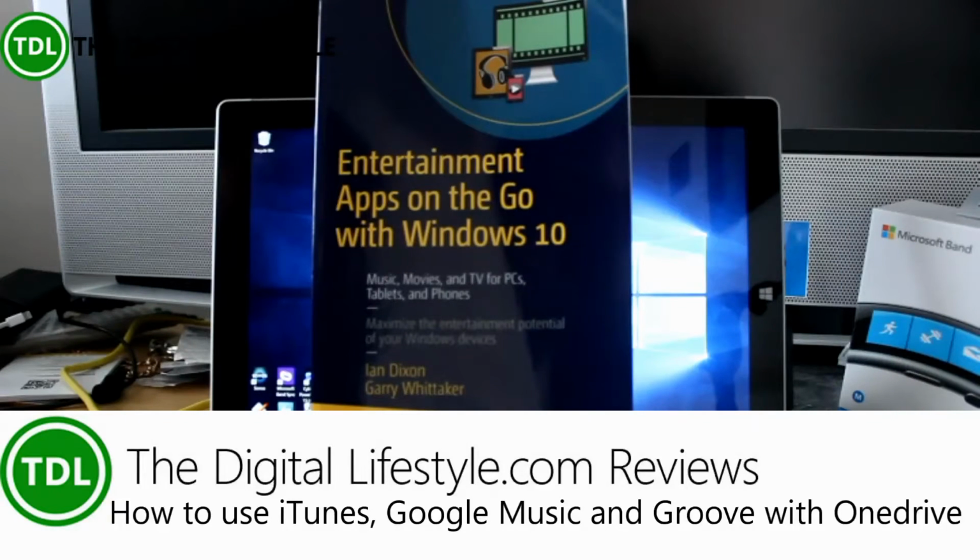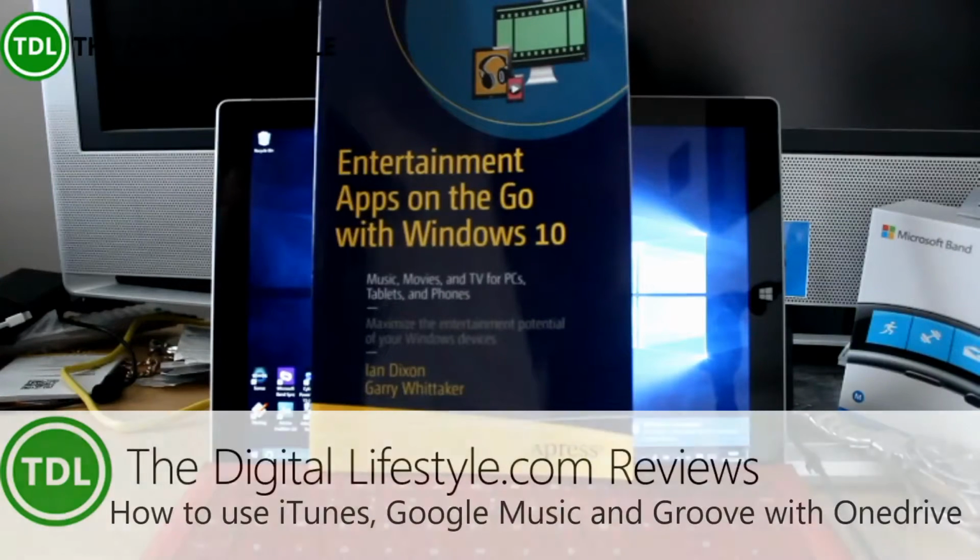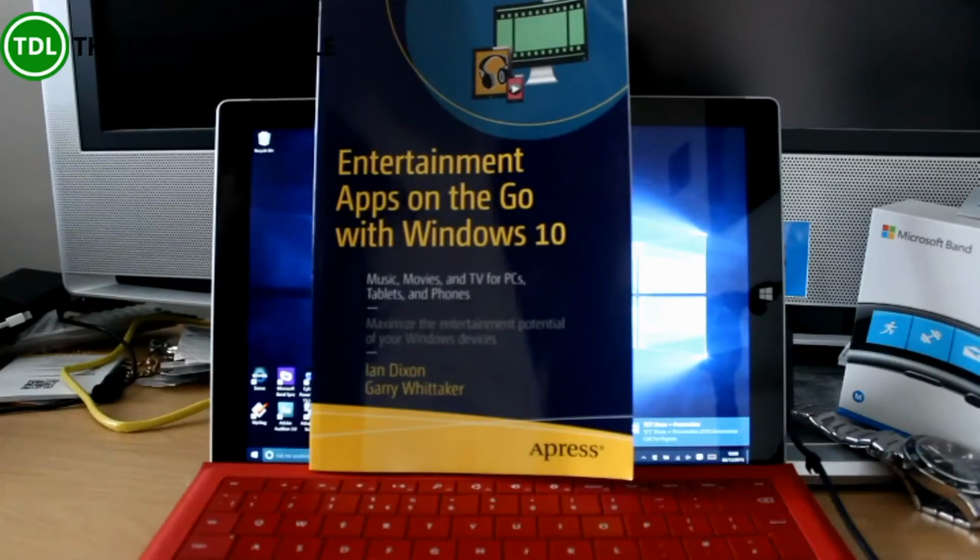In this video I'm going to show you how you can use OneDrive so that you can access all your music from Google Play Music, from iTunes and Groove, and you can access all these using the Groove apps on Windows, iOS and Android. So we're going to show you how to put all our music in one place and